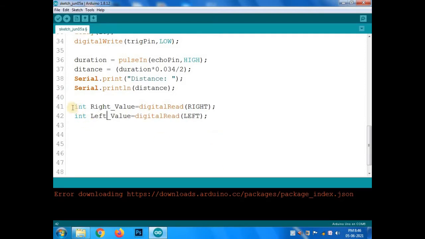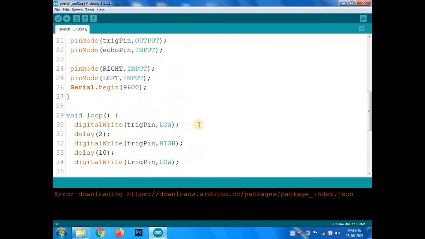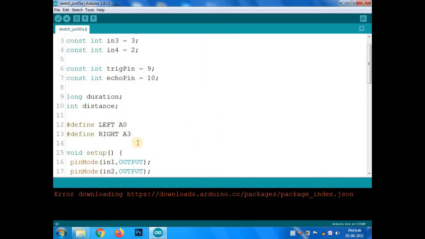I have initialized the right value equal to digital read right, and the left value equal to digital read left. We have to read the value of the right and left, which means we already know what is right and left. Right and left were assigned in the initialization part. You can see left is connected to the A3 pin of the Arduino, and right is connected to the right